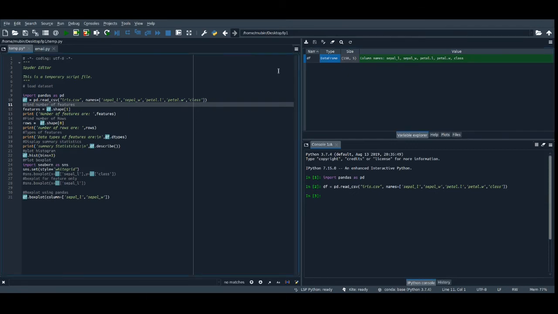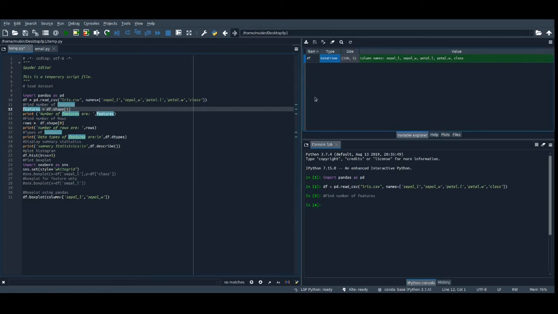Now let's execute the next statement, where I read out the feature count, the number of features. For that I'm using the function shape. So I'm just executing the next line. After that, the features variable gets created with the shape of 1, that is the number of columns.